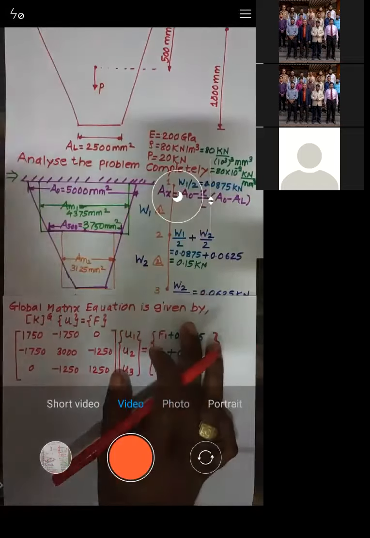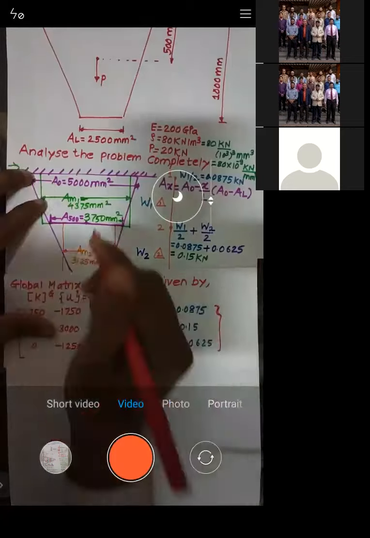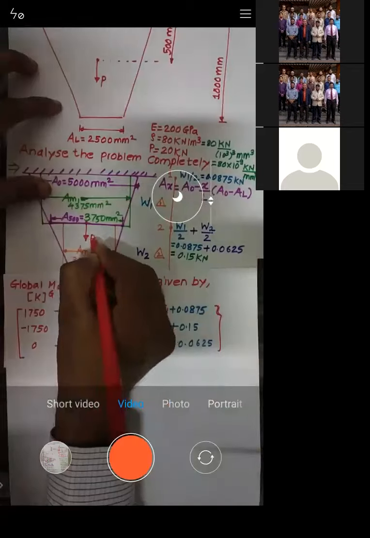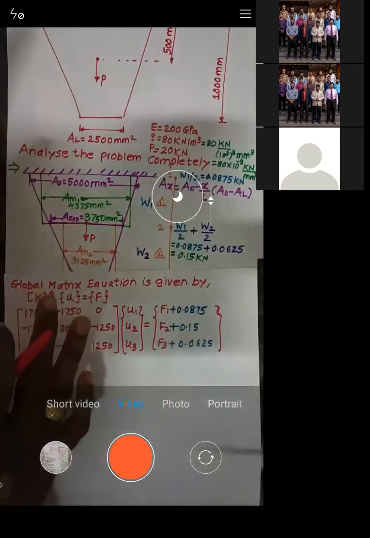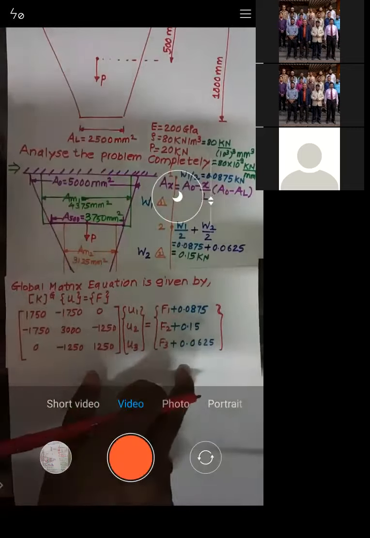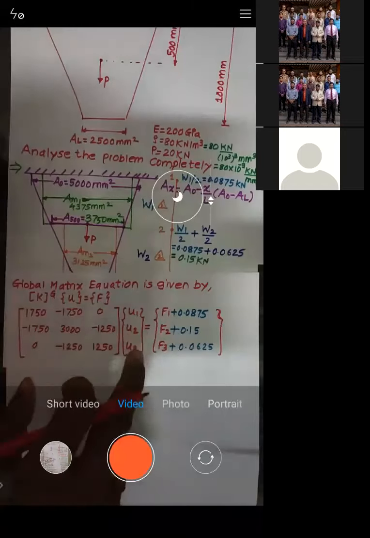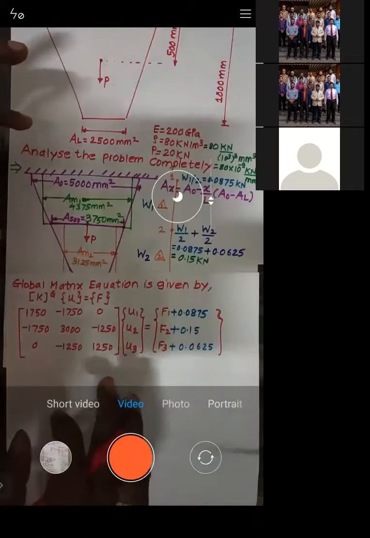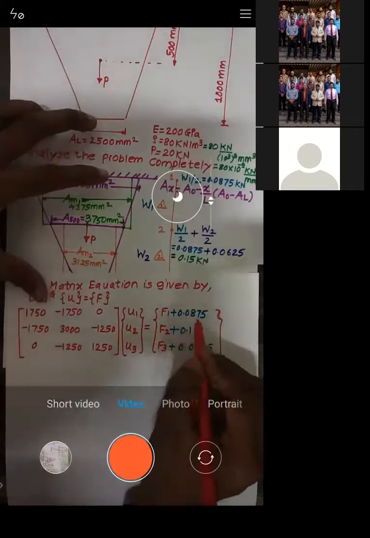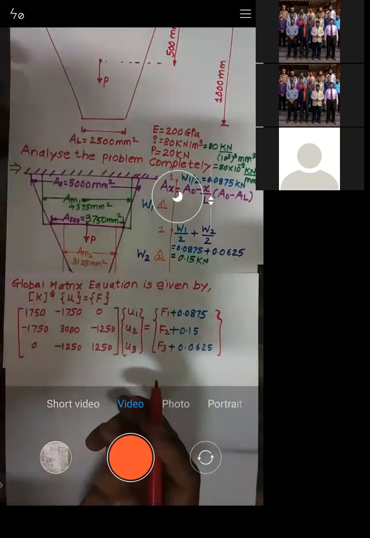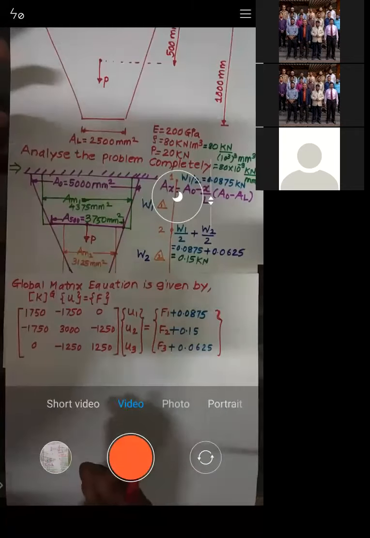So you just remember, though these forces are acting downward, I have still taken their sign as plus. So whenever I put the value of P, which is acting here, it should again be taken as positive, because these are the weights which are acting downward, and they have been taken as plus. So this P, it is acting downward, you take it as plus, not a problem. Downward we usually take as negative, but see, that is a convention. If you want, you can take this as minus, this as minus, this as minus, then you take P as minus, not a problem. It's a convention, it's not a hard and fast rule. It's not necessarily universal.